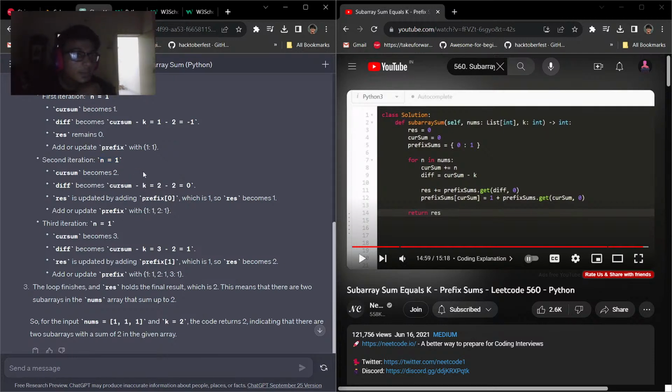देखो सेकेंड आइट्रेशन में n बिकम 2, क्योंकि यहाँ पे n है तो हम जो जितने भी काउंट करते जा रहे हैं हर इंडेक्स के साथ एक एक प्लस होता जा रहा है, ठीक है। तो 2 - 2 हमारे पास क्या था, डिफरेंस कर सम माइनस के, कर सम में के तो हमारा कर सम अभी जस्ट 2 हुआ है और के हमारा ऑलरेडी 2 है, ठीक है जी। तो वो तो हो गया है ना। तो हम लोग वापस से फर्स्ट उसमें आते हैं, रेज रिमेन 0। रिज़ल्ट हमारा क्या था, रिज़ल्ट हमारा 0 ही रहता है।